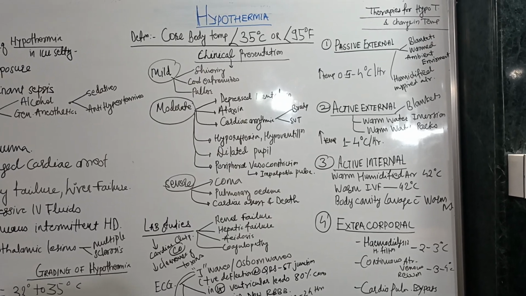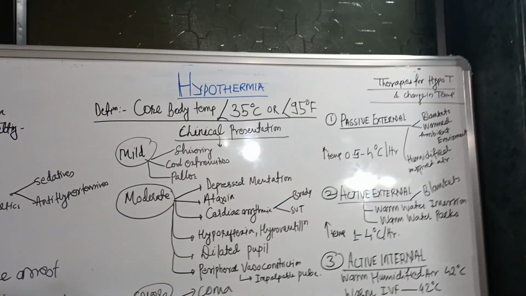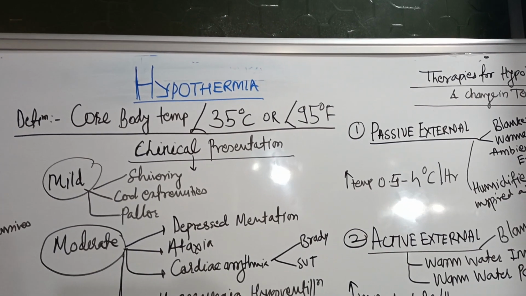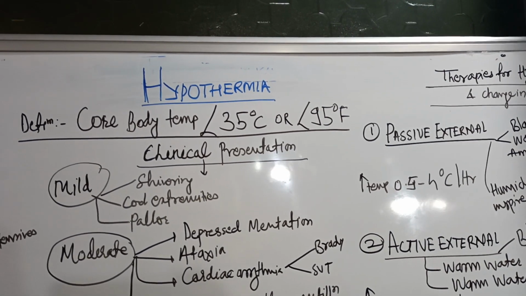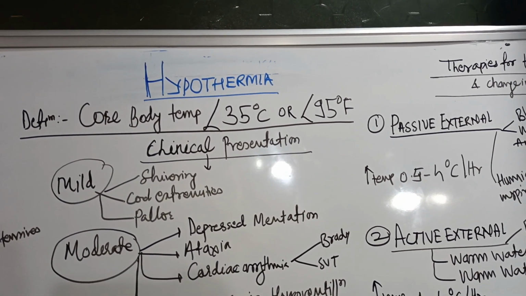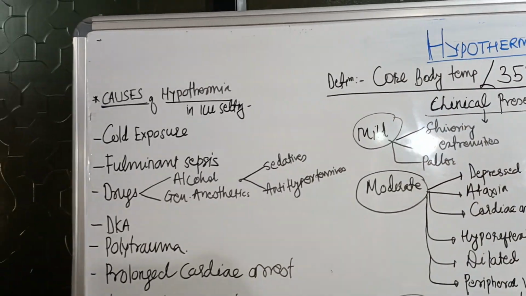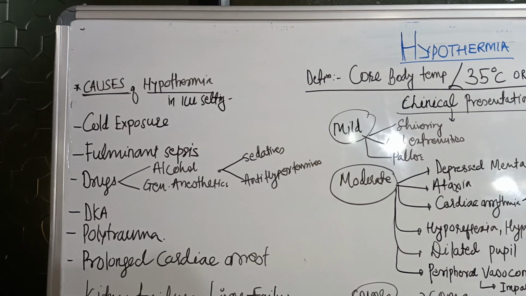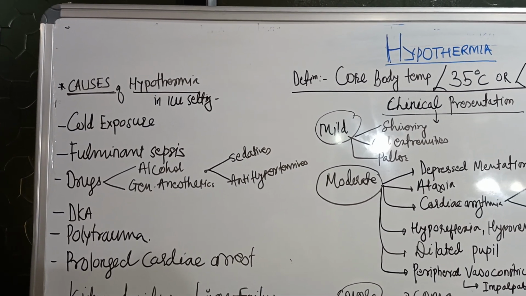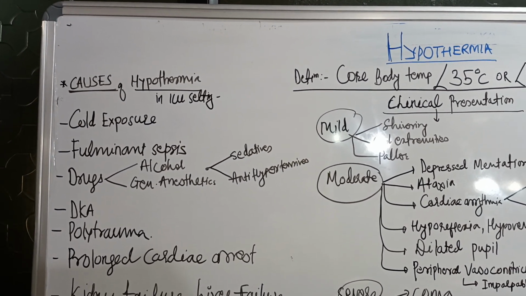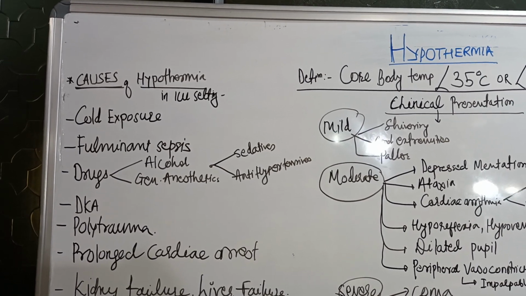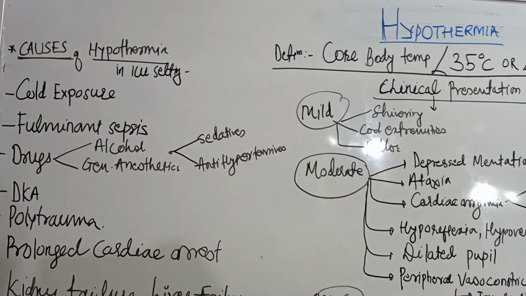So let's see hypothermia within 2 minutes. Hypothermia is, by definition, a core body temperature less than 35 degrees Celsius or less than 95 degrees Fahrenheit. There are a number of causes of hypothermia in ICU. Hypothermia is specifically very important for anesthetists while waking up the patient after anesthesia, specifically general anesthesia, and from a